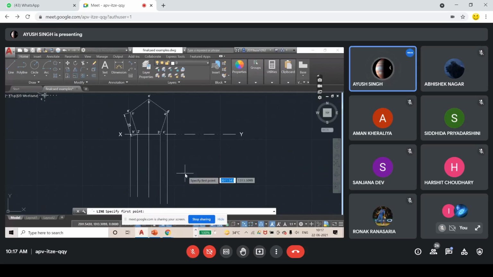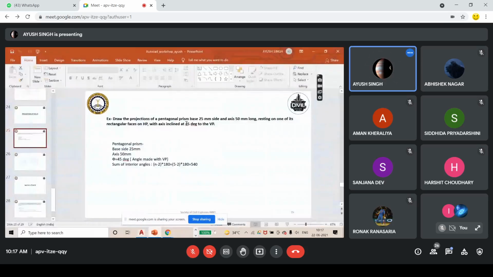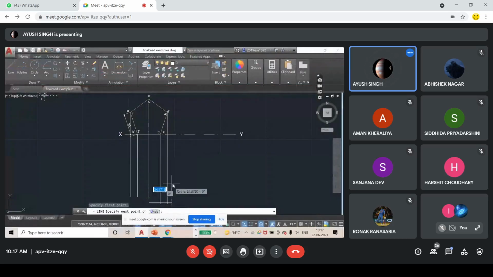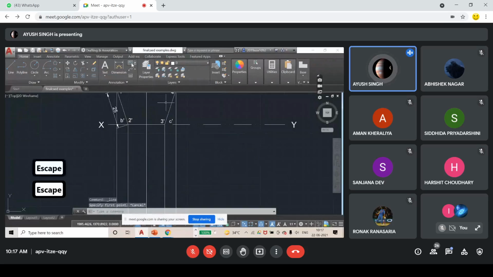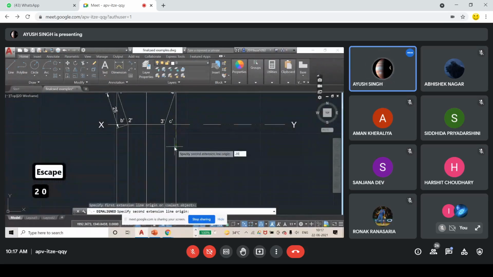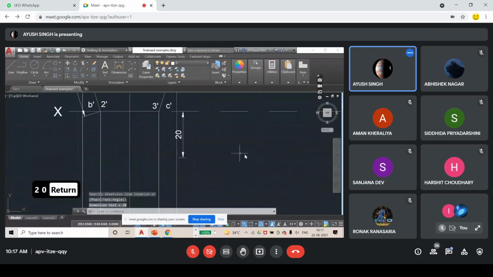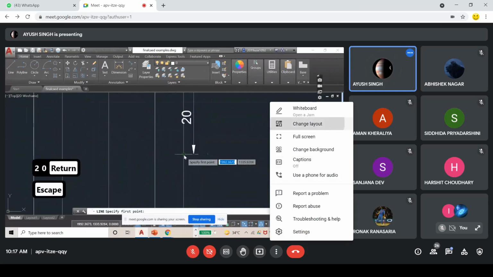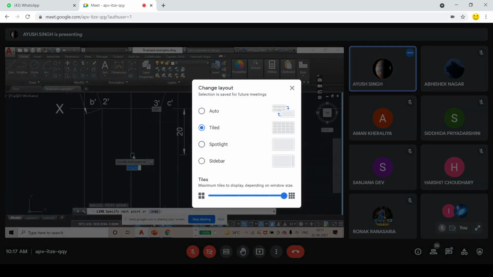The 45 degree is given in the question, the axis is inclined with the VP. So I take some offset here, say 20 mm, and after 20 mm I will start drawing my top view.